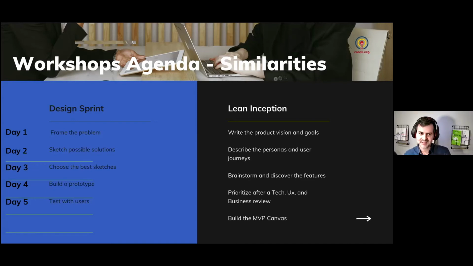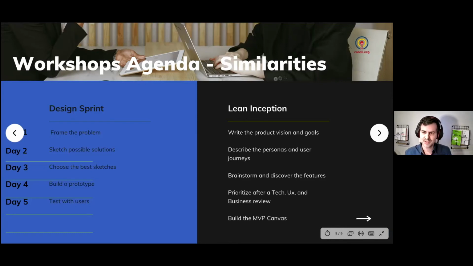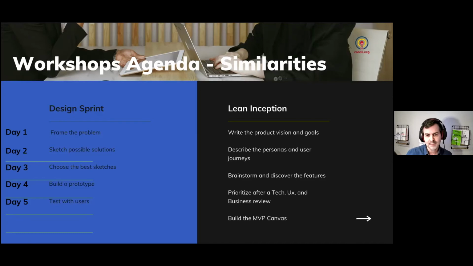Day 4 and day 5, I think the similarity is about, okay, we open options, we need to close a little bit to make decisions, right? So at the end of the week, we have a winning decision. You have a choice, let's put it this way. Only Inception Day 4 is about doing a business, UX (the user experience), and technical review of all those different features, those different small ideas that we had on that problem space, on that product vision space. And then based on that, we are going to put things in sequence. In which sequence we think it's a good way to go about this.